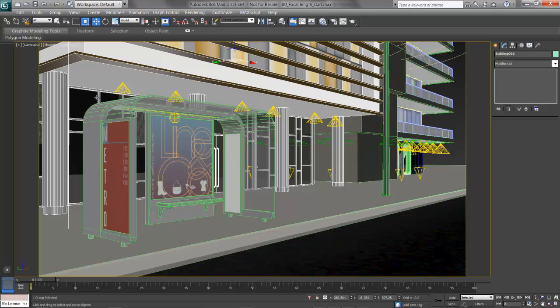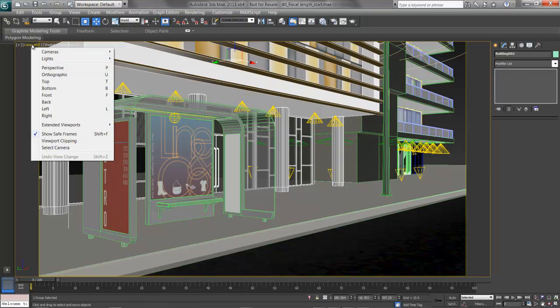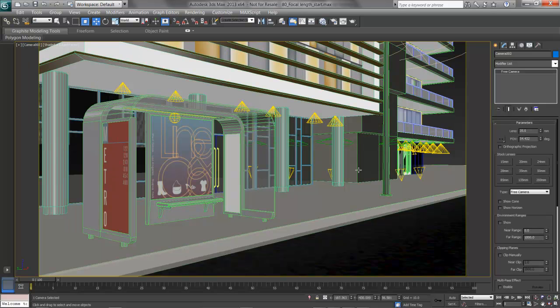I'll select my camera first, because it looks like I've deselected it and picked part of the building, by dropping down on the viewport label where it says Camera 2 and choosing Select Camera. Right now I have a 35mm focal length, and I'm going to animate up ever so slightly over maybe 4